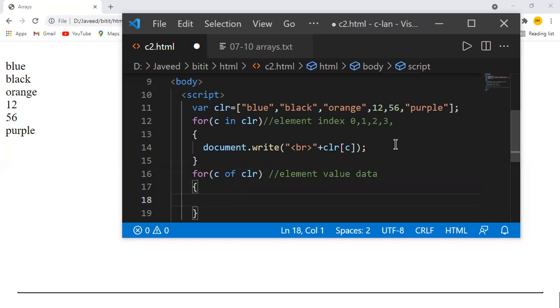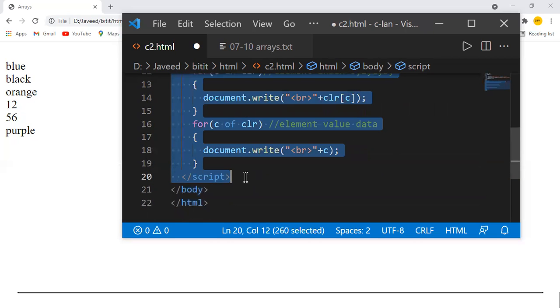This is how I'm printing it, I'm just trying to print the C value. Understood? So that's how the difference comes between those two.